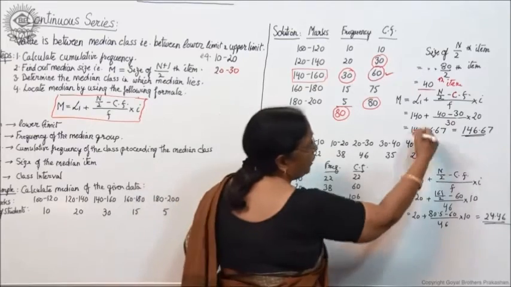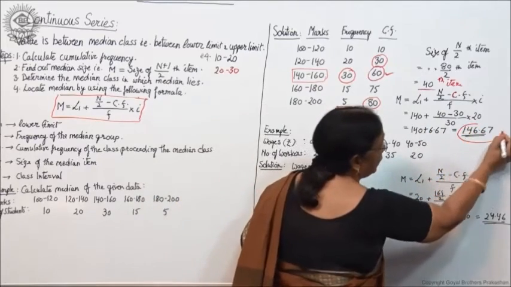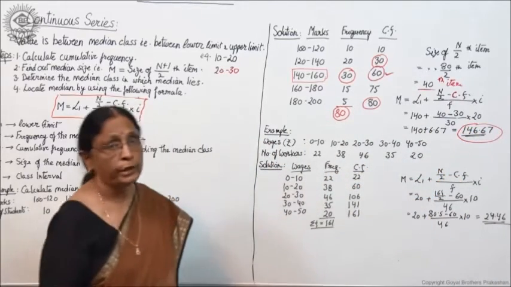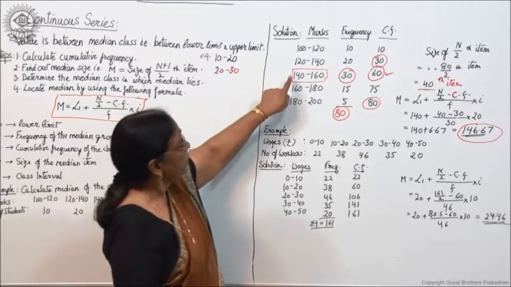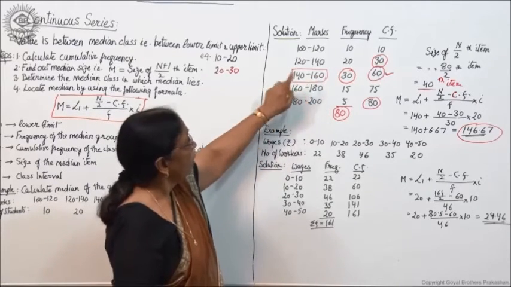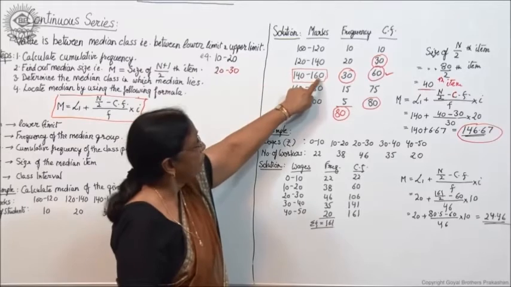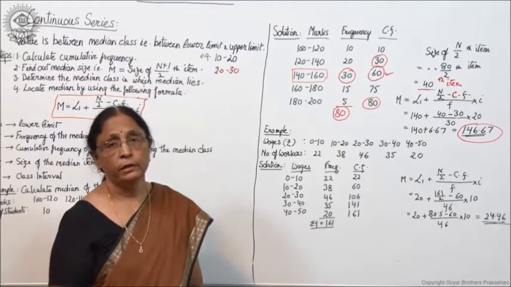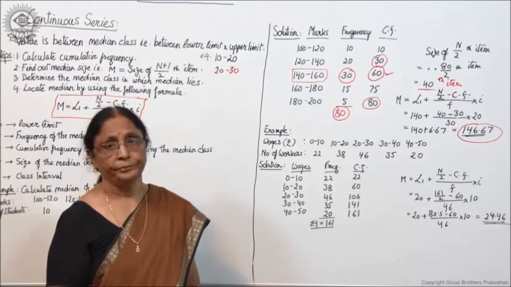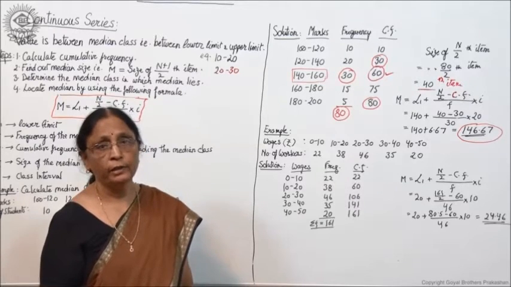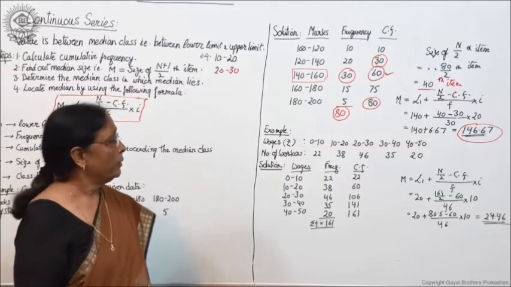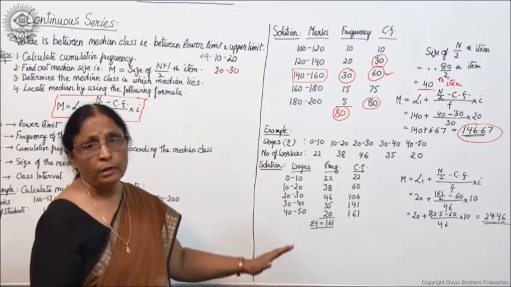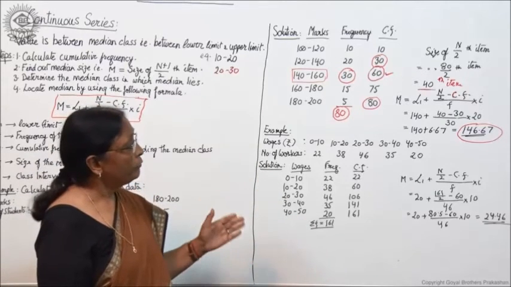And when you simplify it, you get the median, that is 146.67. That means it is in this median group, it is more than 140, less than 160, it is 146.67, that is the median. Have you got it? Right? It is very simple. Right? If you learn the formula properly,